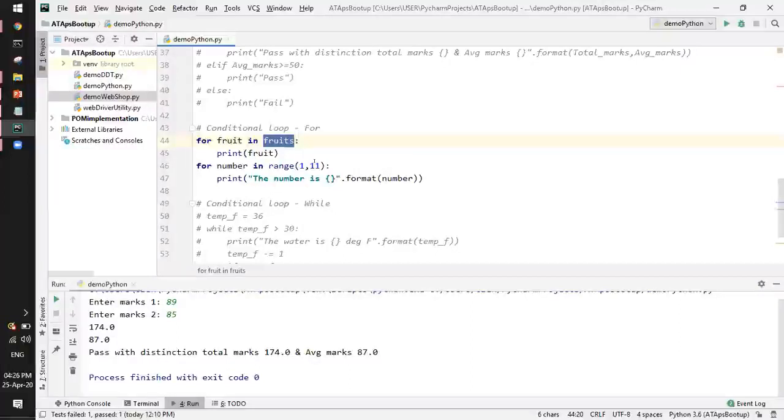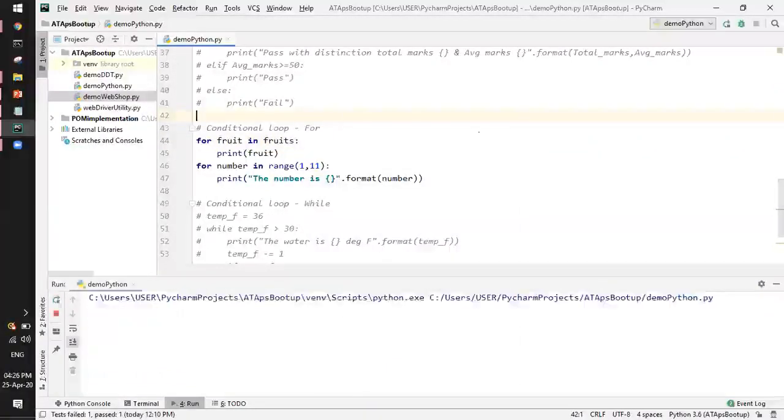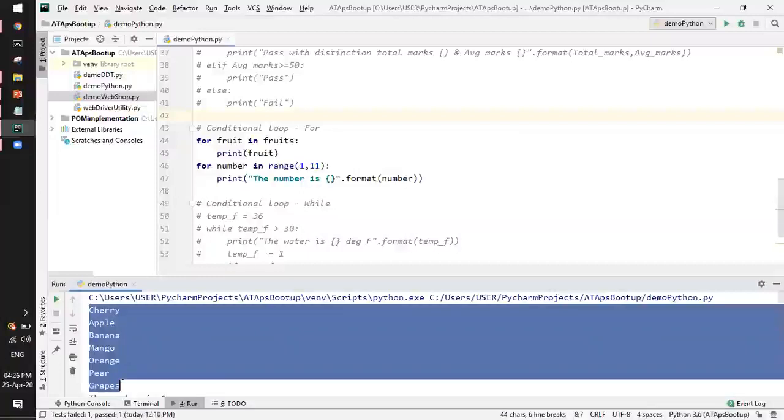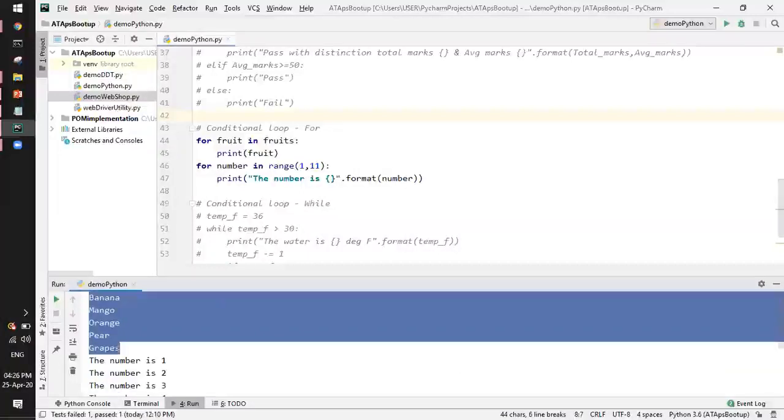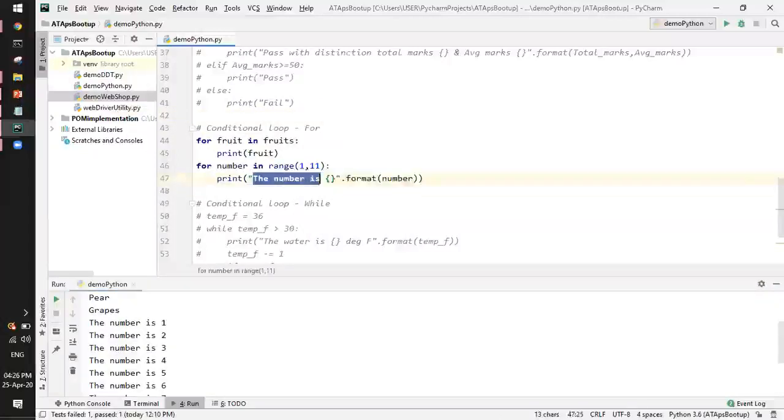And again I'm using the format method here, printing the number is with the open and close curly braces. I'll execute to show how it executes. Each element of the list is printed one by one using the for loop, and the other for loop prints the text the number is, and after that the value.